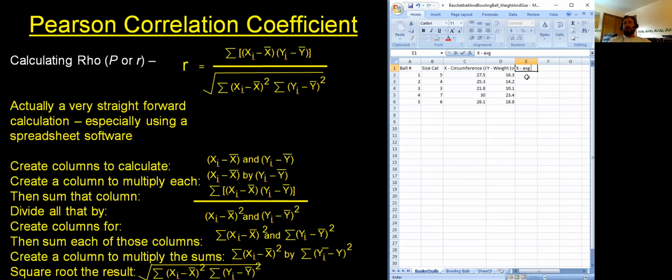Average, let's say average of X. We know we need to calculate all of those, and we need to calculate all the Y integers minus the average of Y. So in order to do that, we're going to need the average X and the average Y. Easy enough. In Excel, you can come up here, and sometimes this shortcut exists for things you're trying to